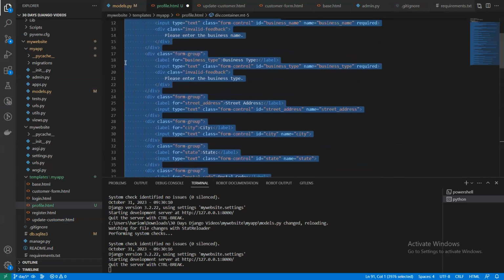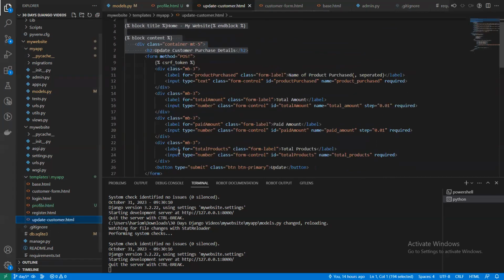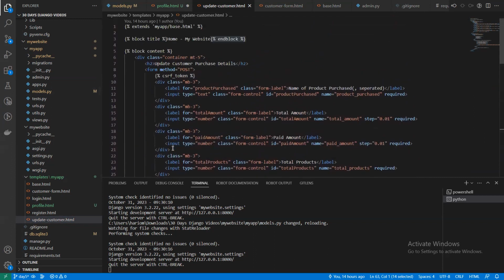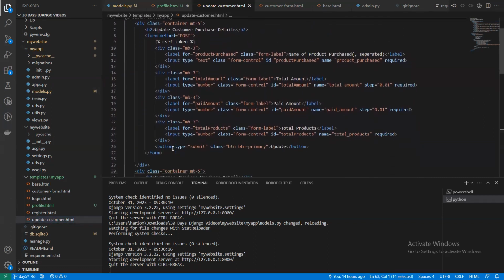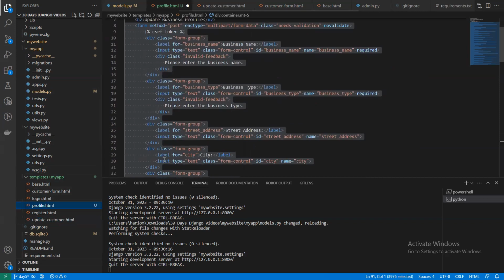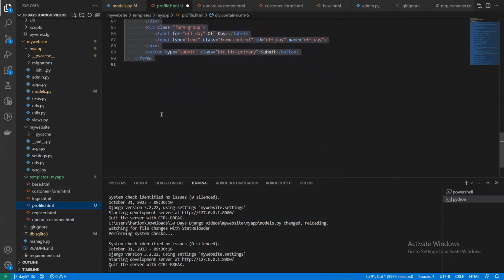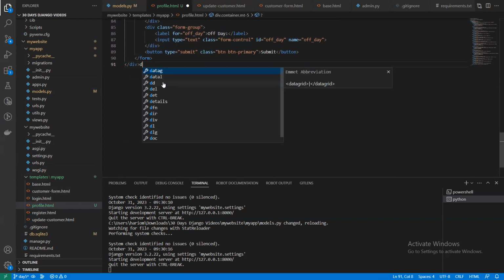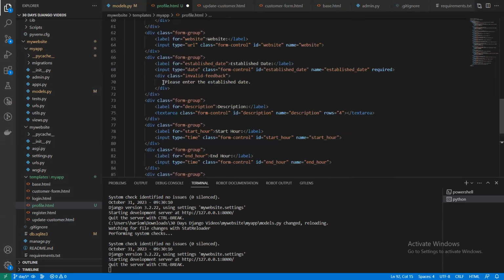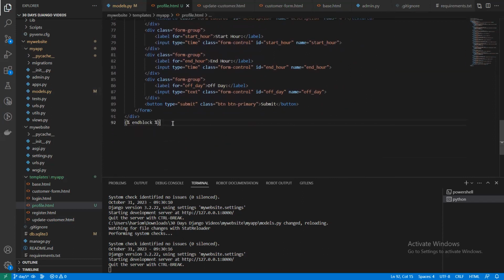Right, okay, this is our business detail, and inside that we should use the end block, right? Div and end block. Okay, so this is block, block content and end block. So here what we want to do, when someone clicks on the update profile,